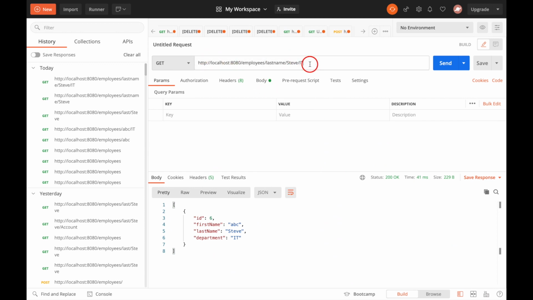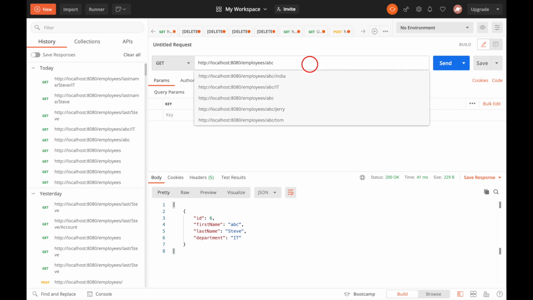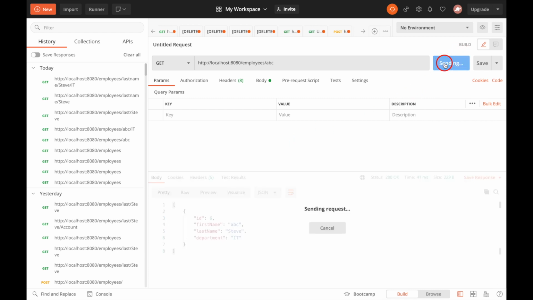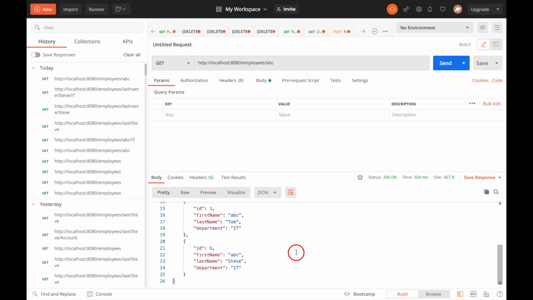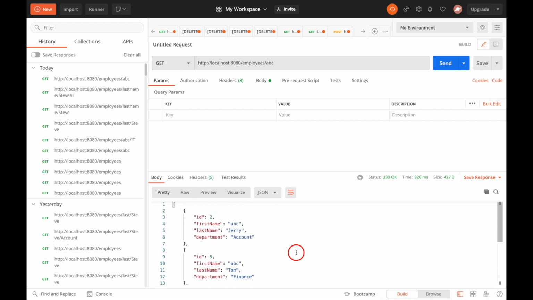The endpoint is, I want to sort the employees whose first name starts with ABC. Let's hit the endpoint and see whether it's working or not. Basically, I have defined the sorting order in ascending order.